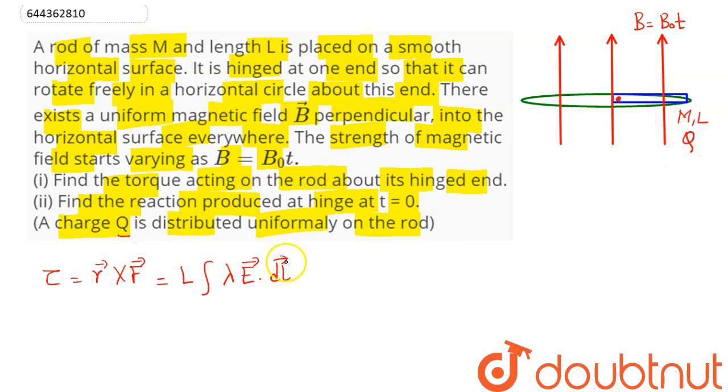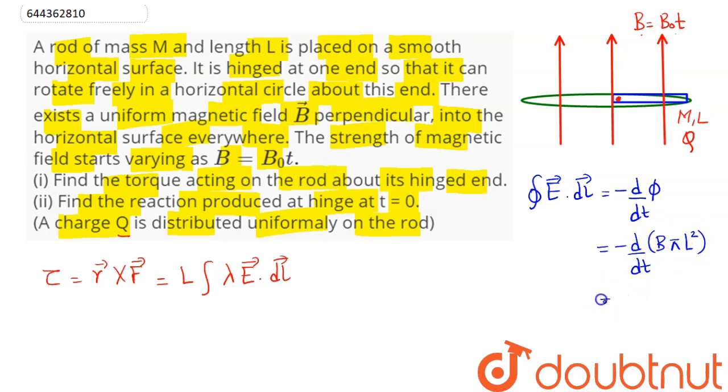Now as we know, if the magnetic field varies with time, there will be an induced electric field. The induced electric field corresponding to the varying magnetic field is given by the line integral of E dot dl equal to minus d phi by dt. The magnetic flux is given by B into pi r square, where the radius of this circle is the length of the rod. So this comes as minus of B